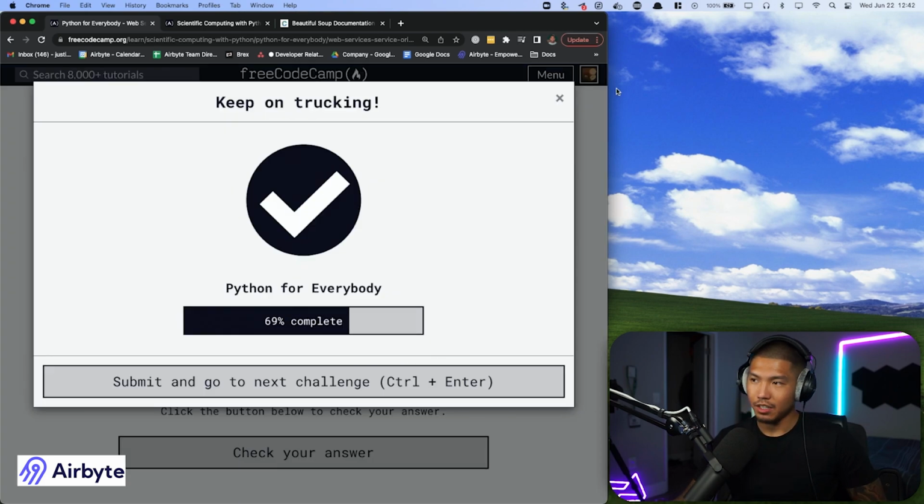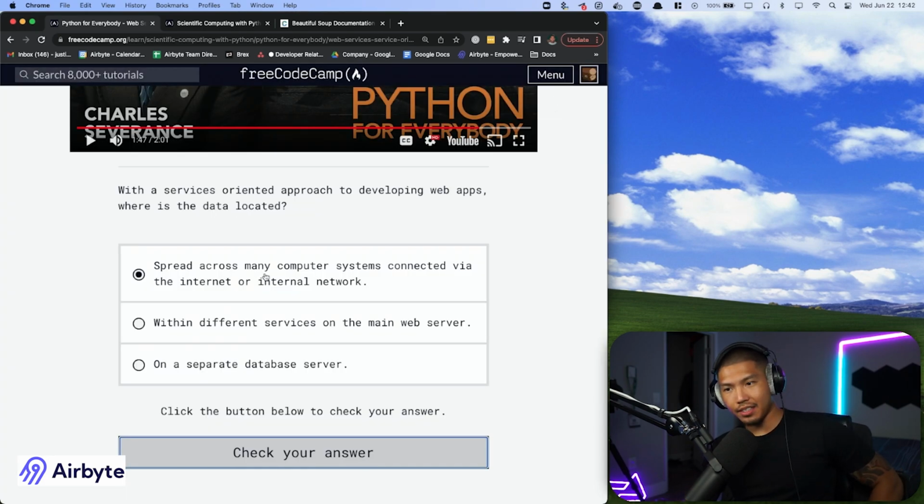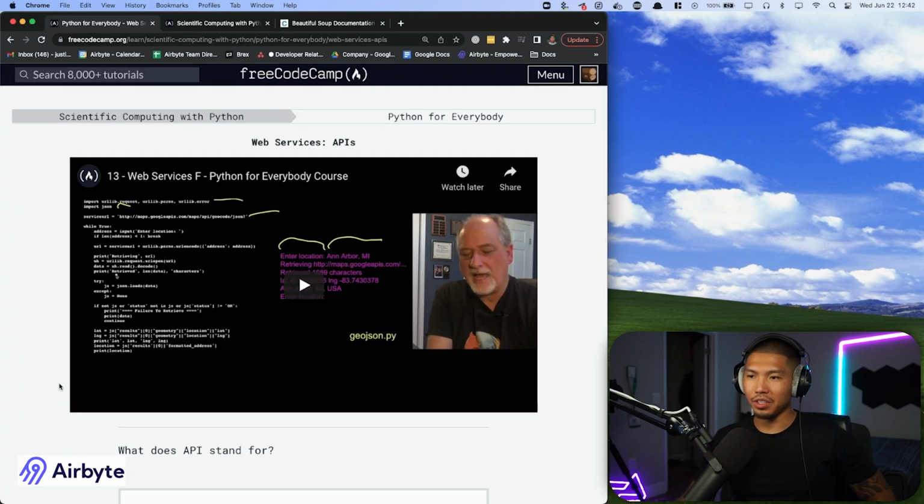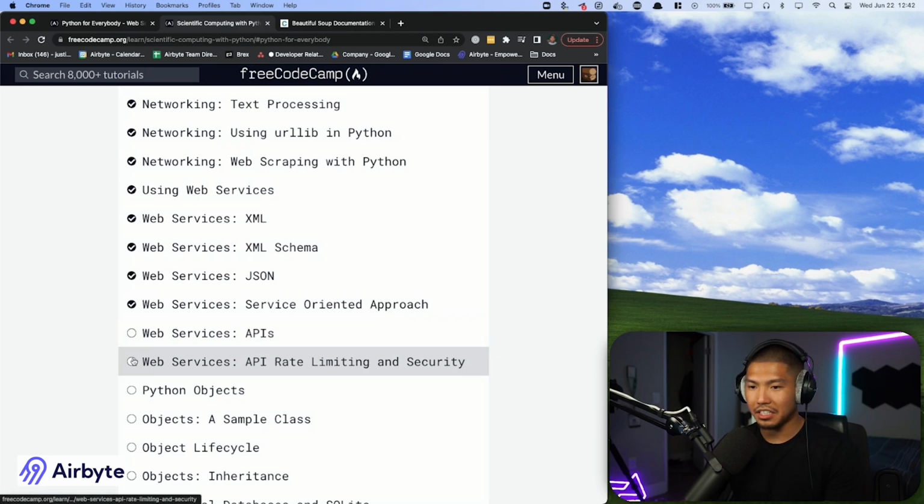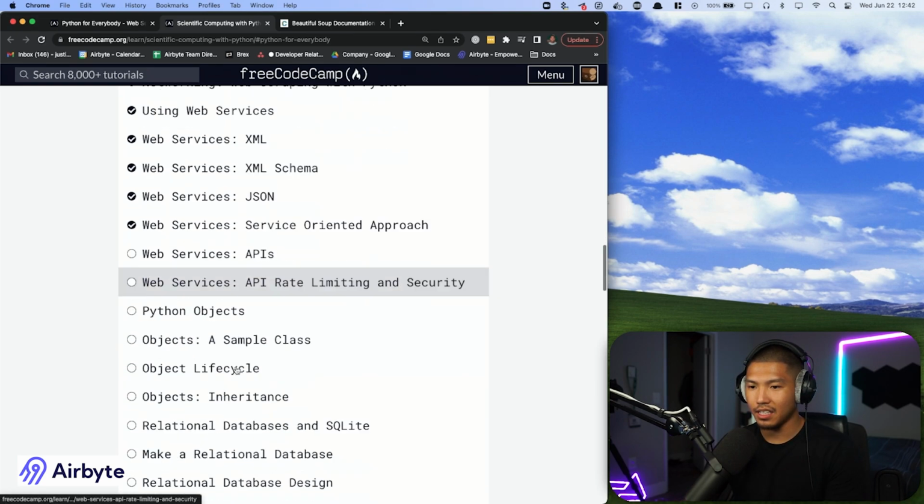It's A. All right. So the answer was spread across many computer systems connected via the internet or internal network. Good. Keep rolling. Okay, so we're on APIs. Let's see where we are. We have 2 more sections on web services, and then we're out of this section, and then we move straight